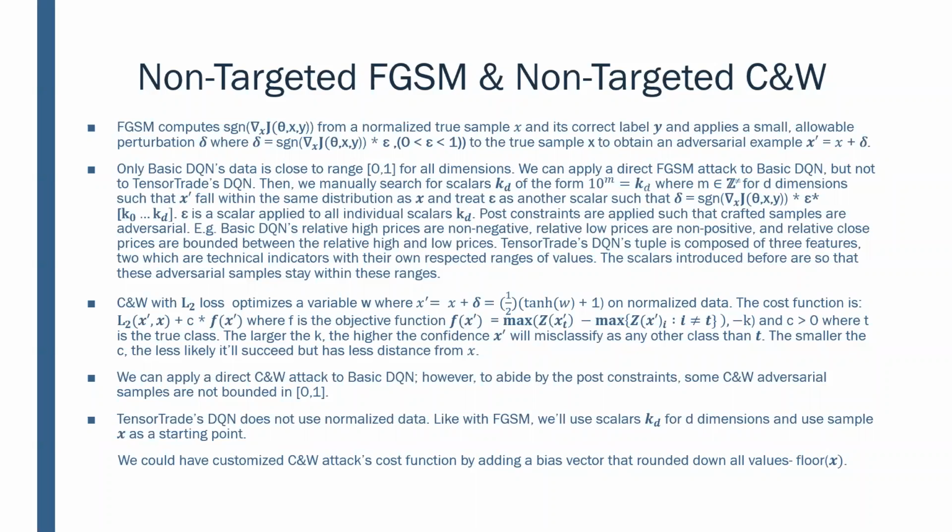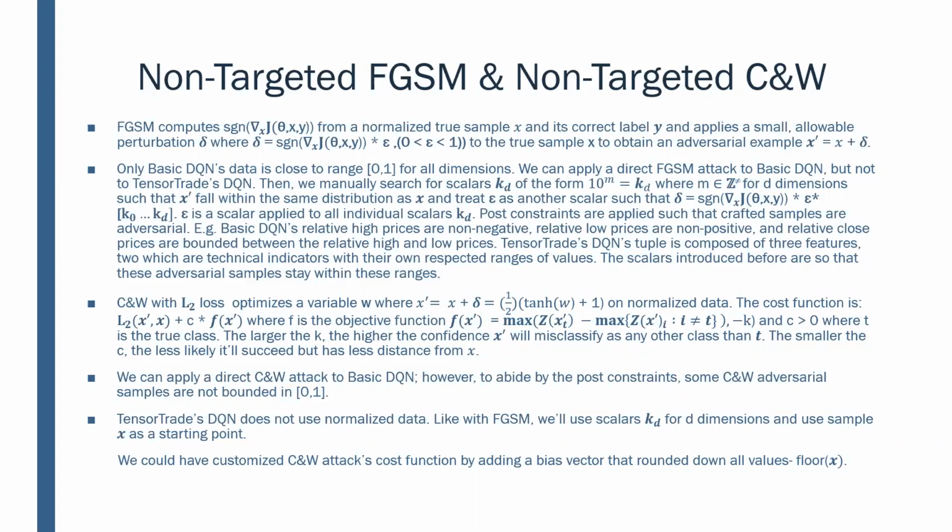There is a method in CW where you can test different values of K, which could tell you how confidently an adversarial example is going to be misclassified. We don't explore too much of that because we just use the basic minimum, because we don't want to necessarily attack the agent using extremely strong parameters. We want to attack it using weak parameters to show that these agents are susceptible.